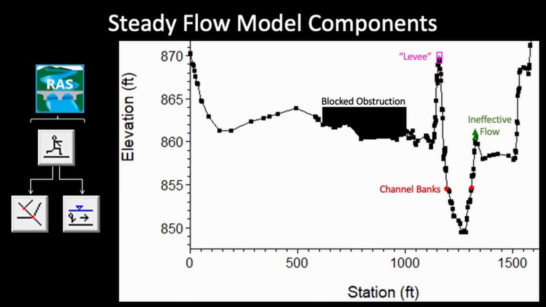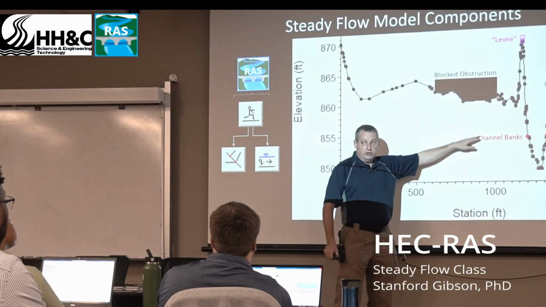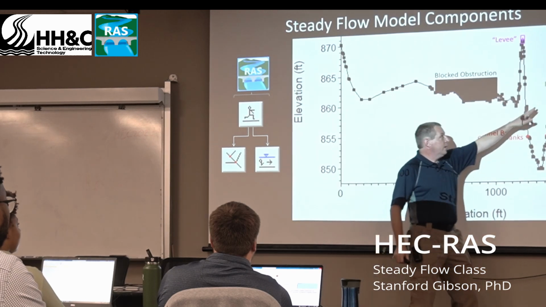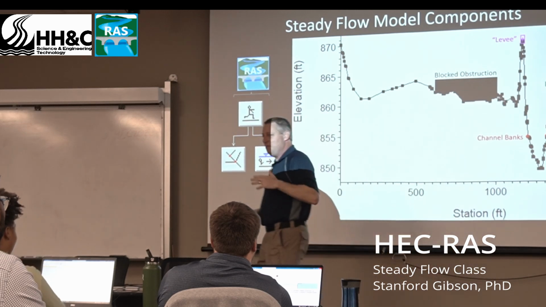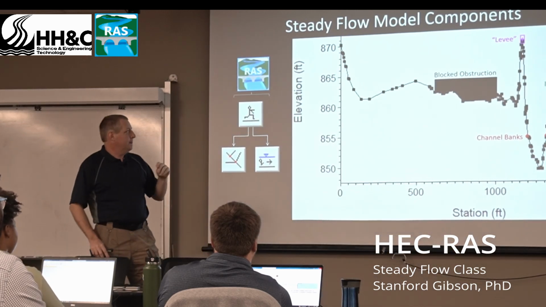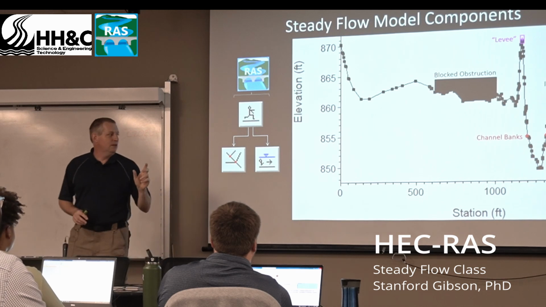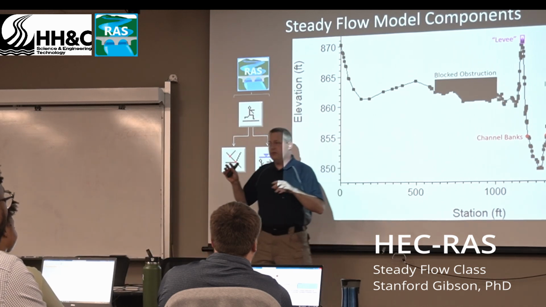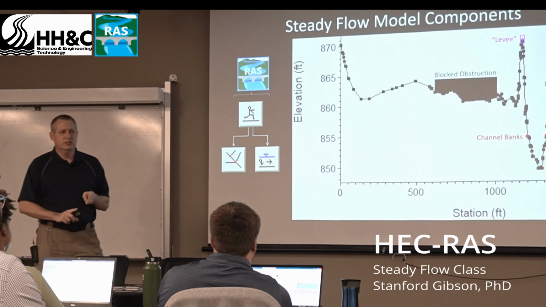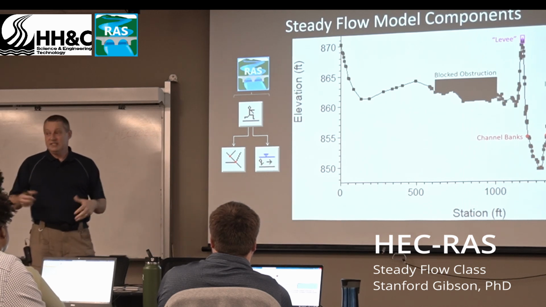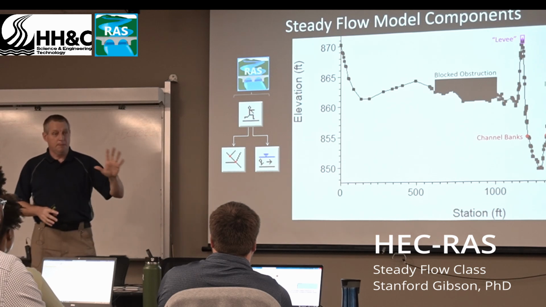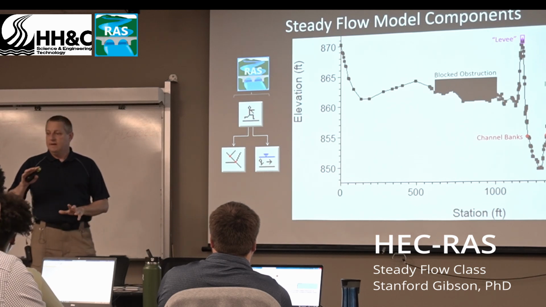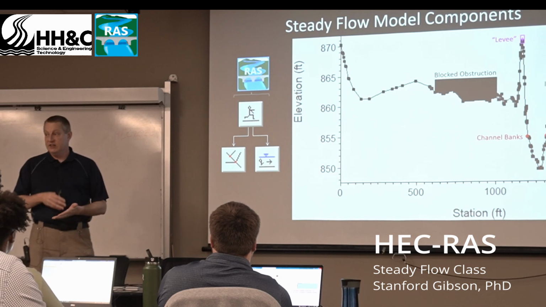But then varsity modelers really put a lot of time into these 4 components: your channel banks, your ineffective flow areas, your levees (I put that in quotes because that's not the same thing as a lateral structure), and then your blocked obstructions. The channel banks are their own thing. The other 3, the ineffective flow areas, the levees, and the blocked obstructions, are slightly different ways of doing the same thing, and that is taking flow out of the cross section. Now, Cam's going to talk about each one of those, but the varsity modeling is giving some thought to doing